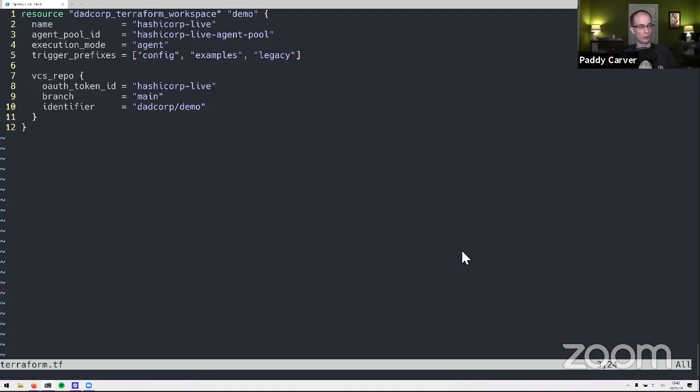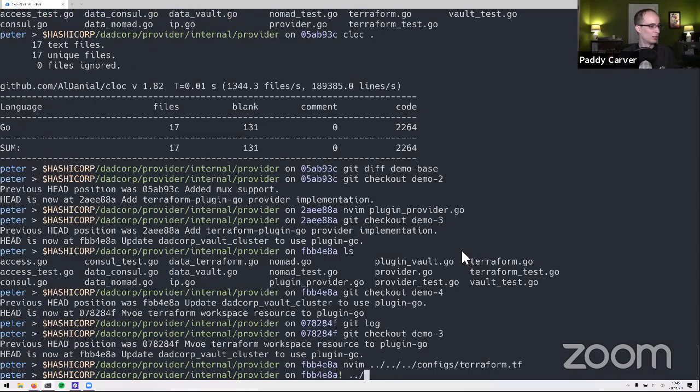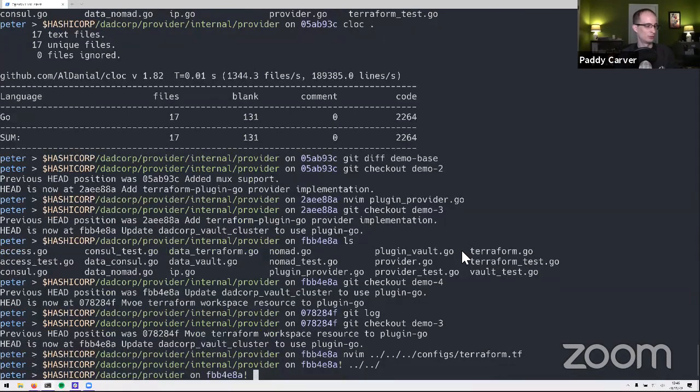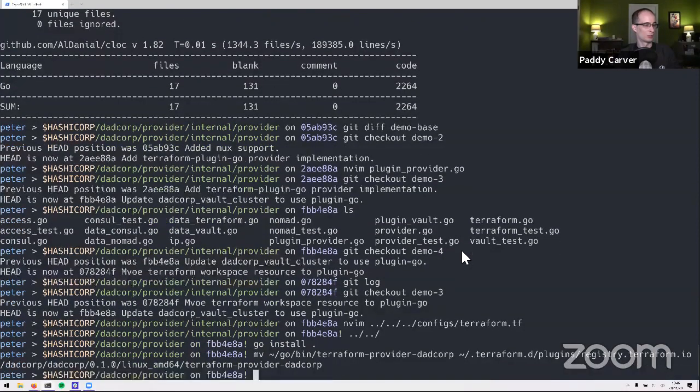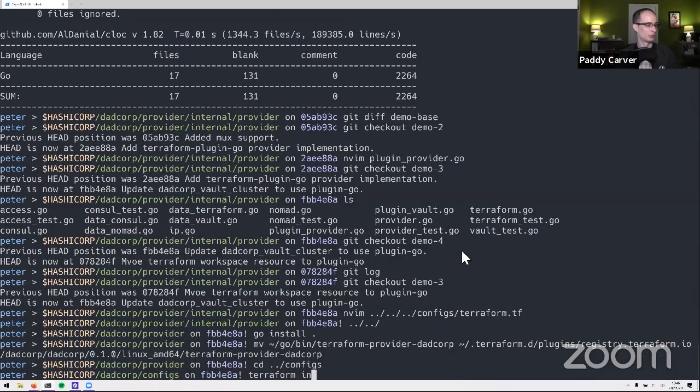And right now, that is a tricky thing to do with Terraform, which sounds silly, but that's the way it is. That is actually a deceptively difficult thing to do with Terraform, to the point where if I change this to remote right now, I hope I checked out the right Git branch. Oh, I should probably rebuild my provider. We're going to install that, we're going to move it, and we're going to go to configs, and we're going to remember to terraform init.